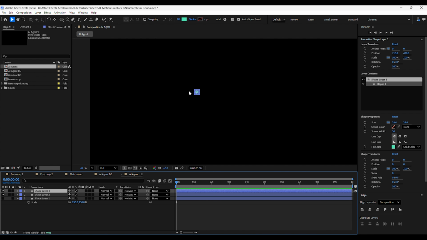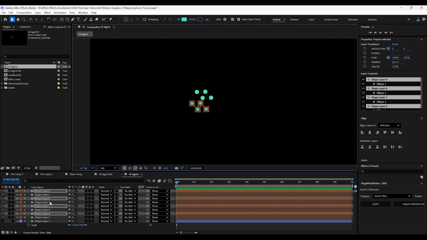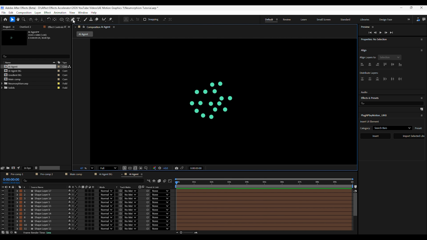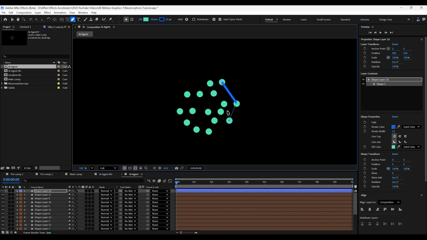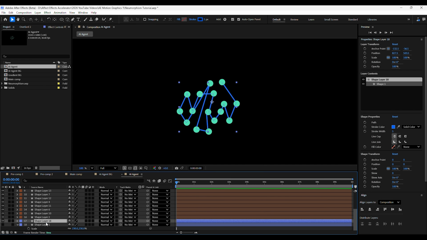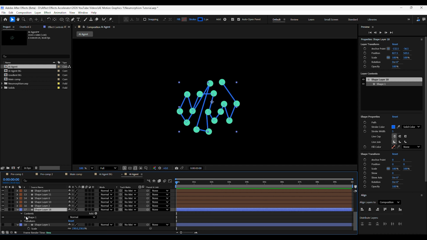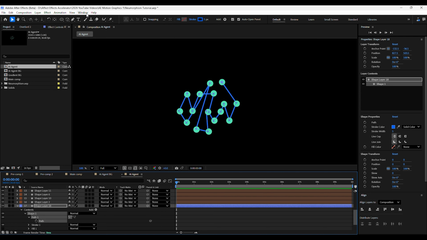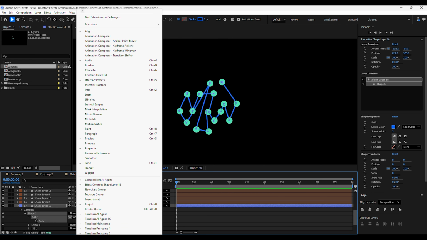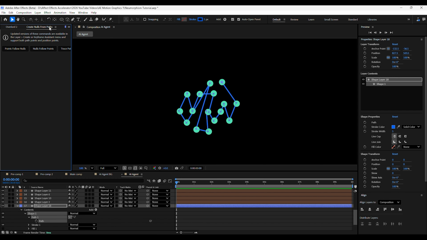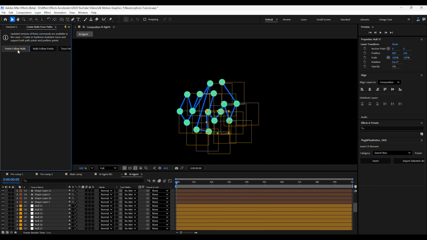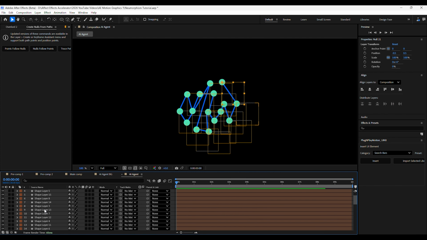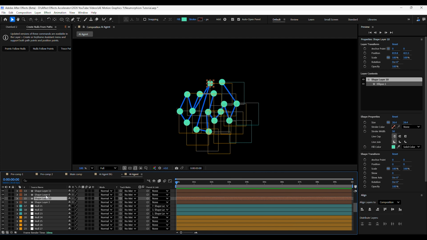And just duplicate them here, spread them out. Use the line tool to draw a path connecting all of them. And then I'm going to go to the line path and go to Window and create nulls from path. I'm going to click points follow nulls, and that's going to create a null for each point in that line. And then I'm just going to parent each ball to the null point that it's on,